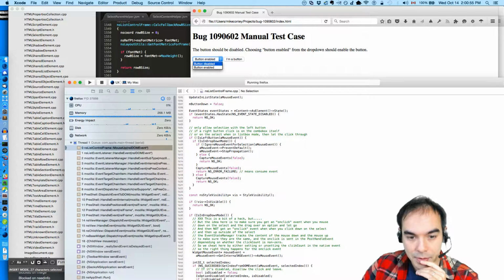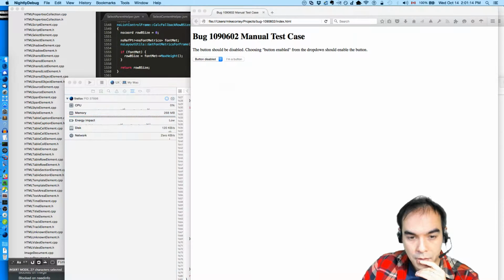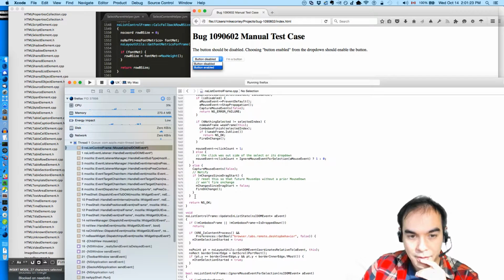When will it say disabled in that drop down? When did it do it? I didn't even notice. Oh man. Does it do it afterwards? Yeah, it must.